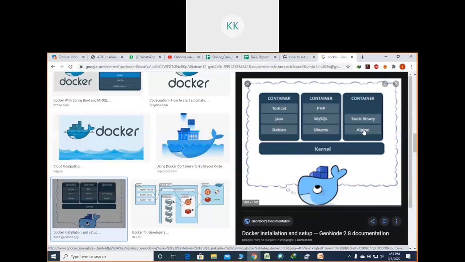And this is the internet. In the internet, you are moving from one part to another part. Now you can see container 1, container 2, container 3. This is Debian based Java Tomcat, Ubuntu based SQL and PHP, Alpine based, and the next one is a static binary. All these things are ported, suppose, to Mac type PCs. Now it will take all these containers there, so that on Mac your software will run efficiently.